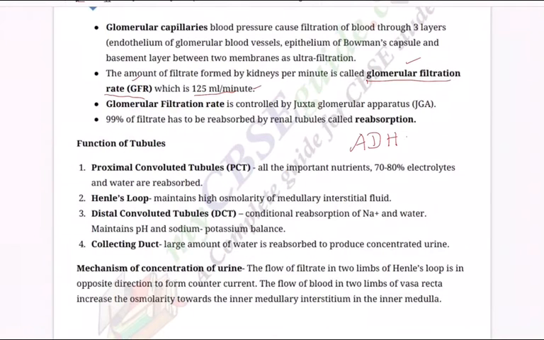Now, in a nutshell, the expulsion of urine from the urinary bladder is called micturition. We have just now said how urine is formed in our body. Once urine is formed, through the ureters it comes down to the urinary bladder and gets stored there. That expulsion of urine from the urinary bladder is called micturition, and it is a reflex process. But in grown-up children and adults, it can be controlled voluntarily to some extent.